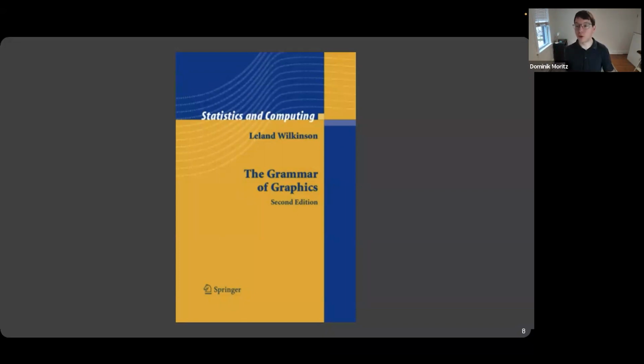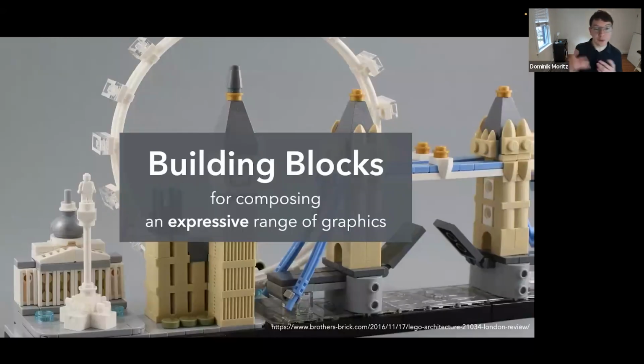But he kind of formalized it, and a lot of popular visualization tools adopted this idea from this book. The core idea of the grammar of graphics is to compose an expressive range of graphics from fundamental small building blocks, so that rather than having to enumerate every possible chart, we describe charts as this composition of a small number of building blocks, and then we can express actually a combinatorial space of possible charts using just a small